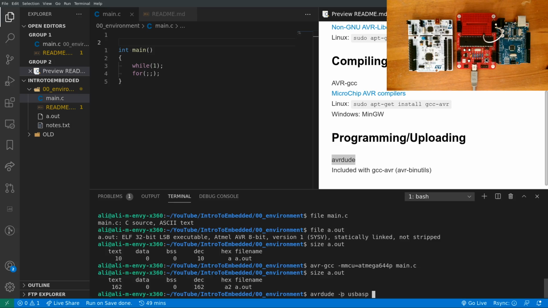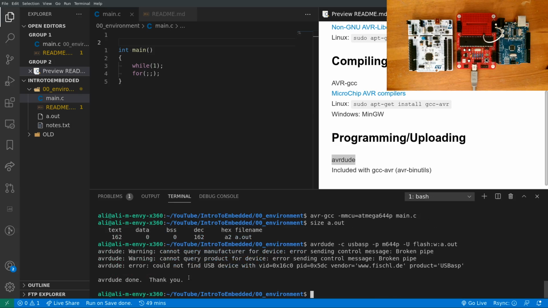So that is our programmer. Then we specify our part number, or our device. For this, again, it's an Atmega 644P, so we say m644p. And then finally we tell it what to do. So we want it to act on the flash, we want it to write, and we want it to write our a.out. So if I do this now, we get a little error, basically saying it can't find the